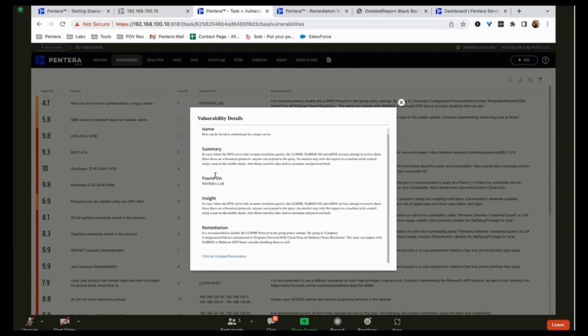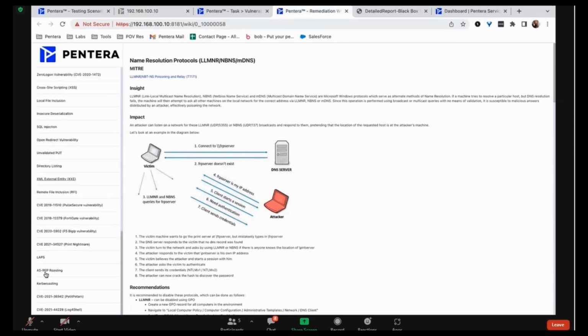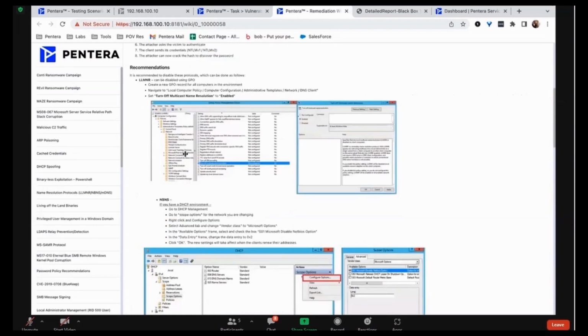It shows you a summary where it was found. So if it's right there, remediation. Device, look at that. Then you have a quick remediation, or if you click this link, you get dropped into our remediation wiki. Nice. This is your 101 guide on everything remediation for every vulnerability found in your environment. So you'll see all of them listed out here on the left-hand side. And it goes through the insight. So this is, again, name resolution protocol, insight, the impact to the organization, and then how to actually go through and remediate against them.